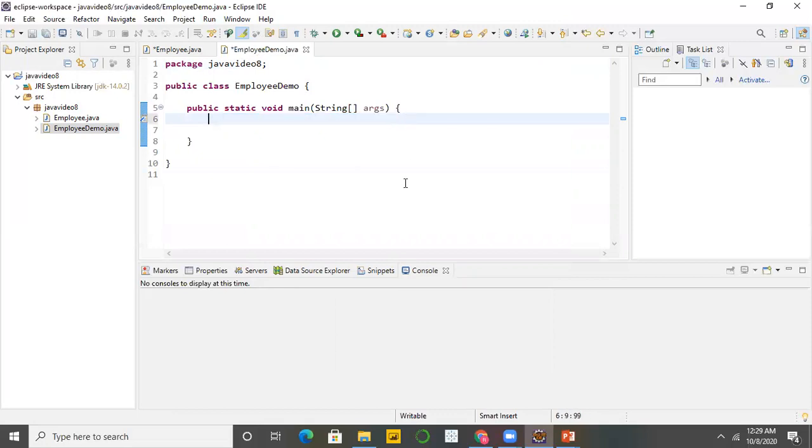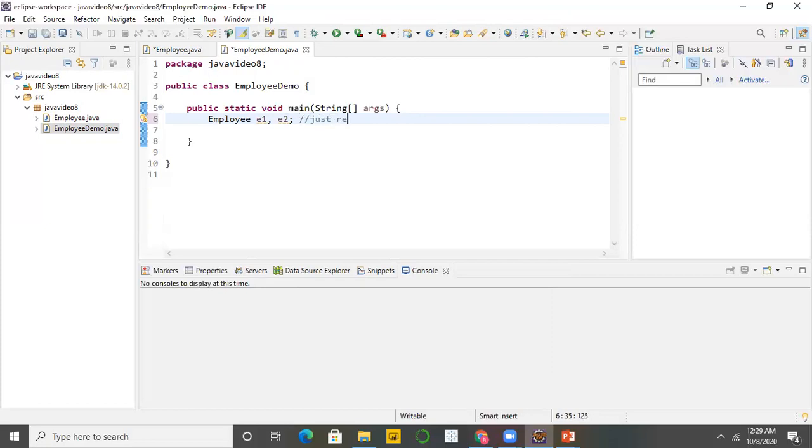And here, create the reference and object of that employee class. Employee E1, E2. So whenever such a statement is there, object is not created in Java.